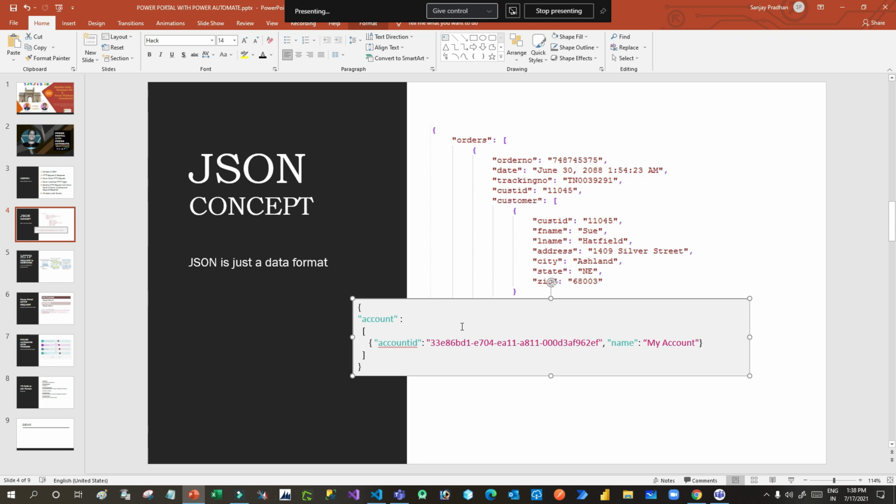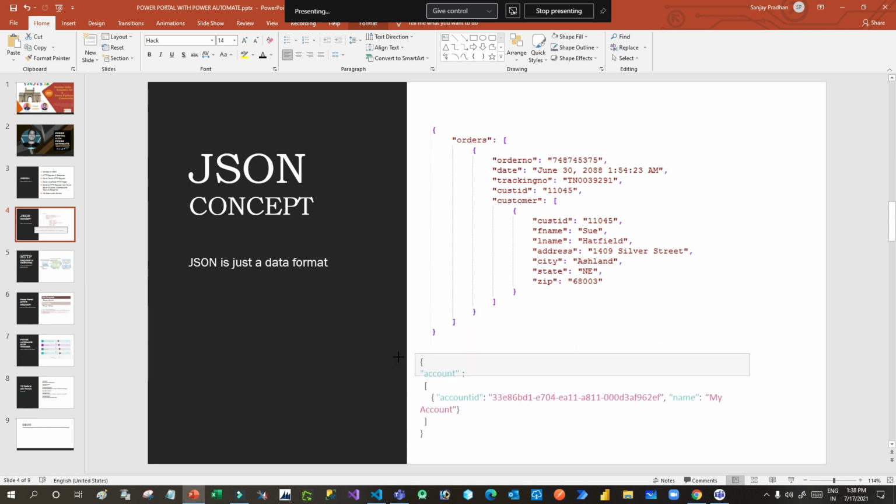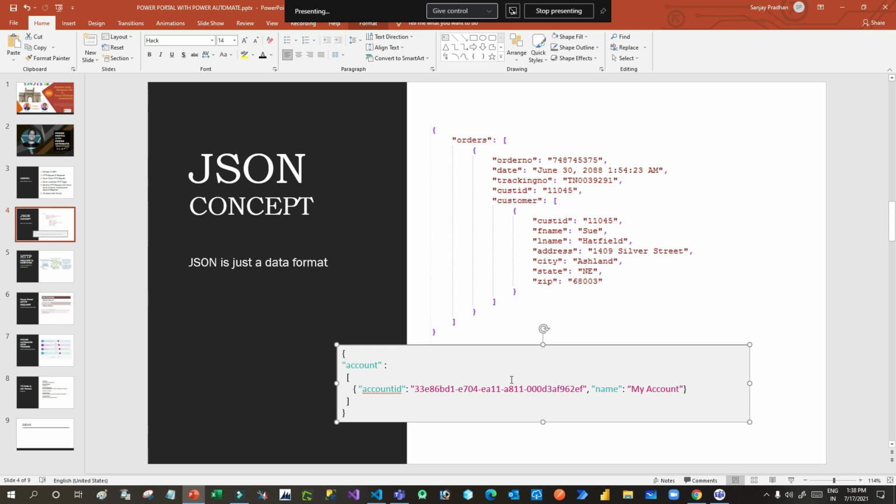Let's say I want to fetch some data from an external website using some web API. Then I can send this JSON object as a request object, and I can call that web API, then the third party website can return me a response JSON object. Okay, so don't think that JSON is something big, there is no rocket science here. This is just a representation of a JavaScript object with properties and values. That's it.